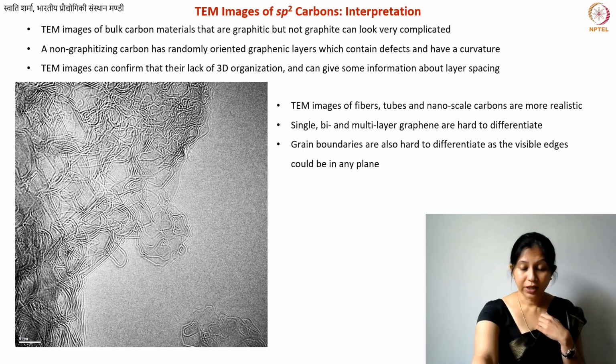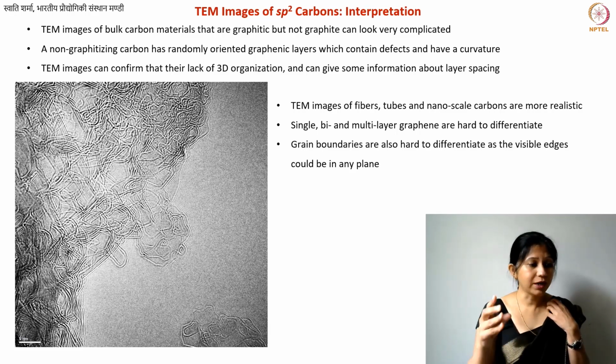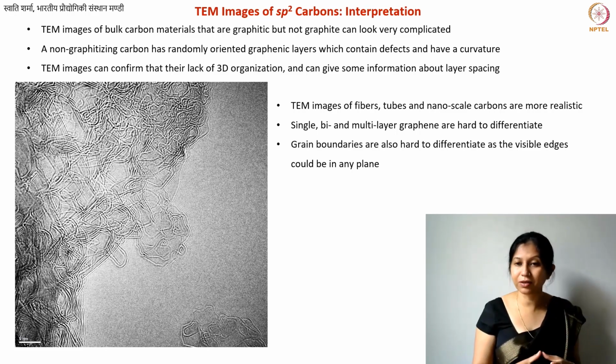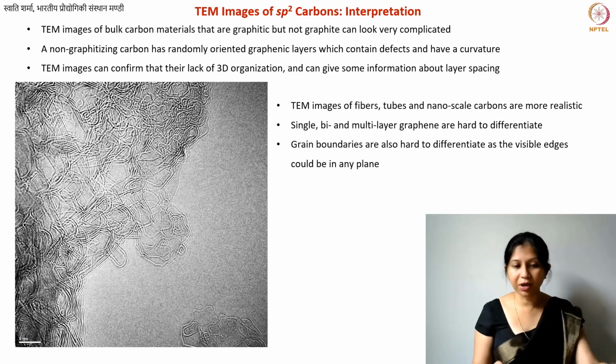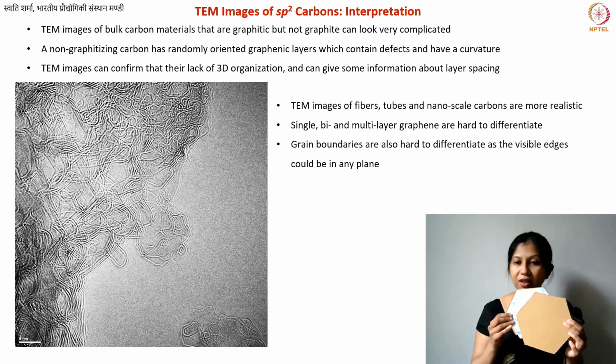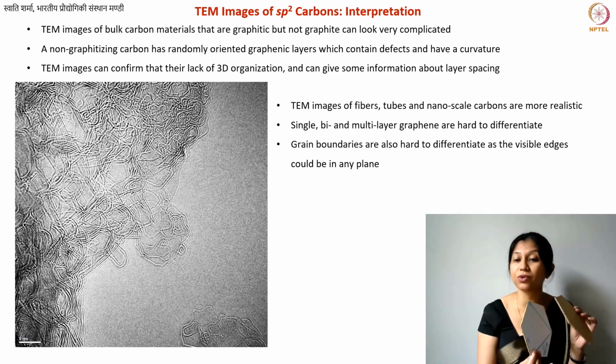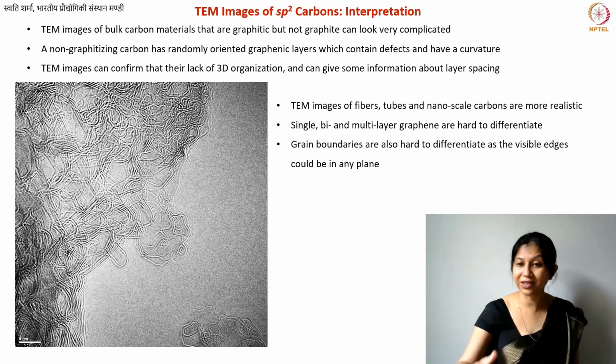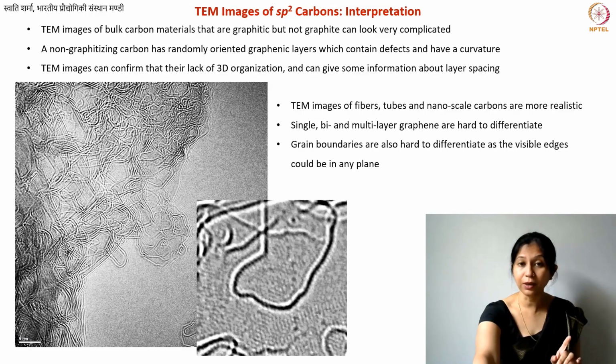Grain boundaries. TEM is also used because we are trying to understand mechanical properties of the materials, right, of the crystals. So grain boundary analysis is also one of the important applications, which is often used for various metals. TEM is a very good tool for understanding grain boundaries, but again, in the case of carbon, try not to do it because you don't know where your planes are. One is here and the other one is here. So if you see some boundary, you don't really know if this is really a grain boundary or just two different planes at two different locations. So again, this is where you need to be careful.